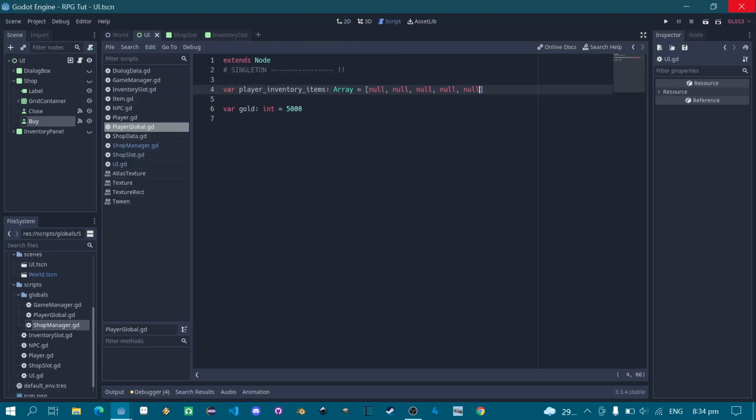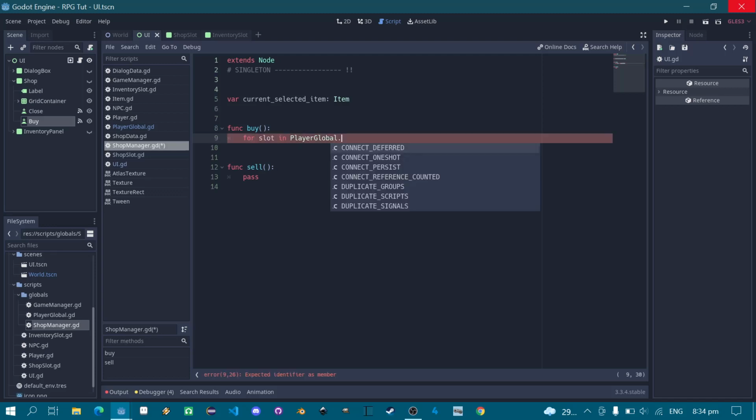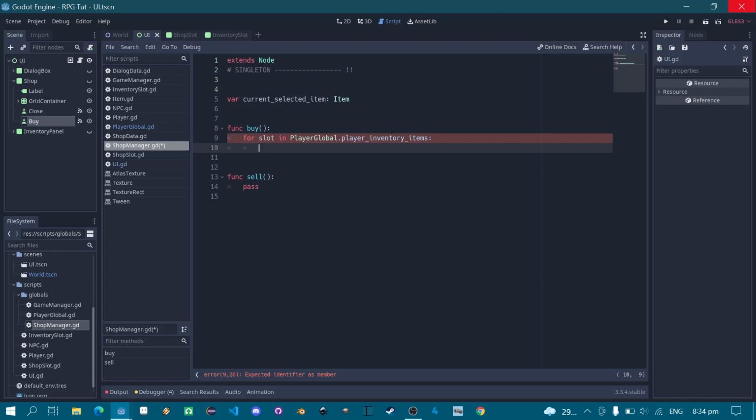So we have 5 now. So 2, 6, 7, 8, 9. Okay, now let's go back to shop manager, then buy, then for slot in player global player inventory items, and if slot is equal to null, then